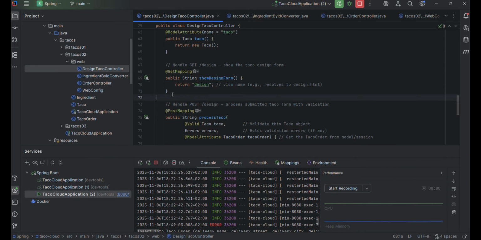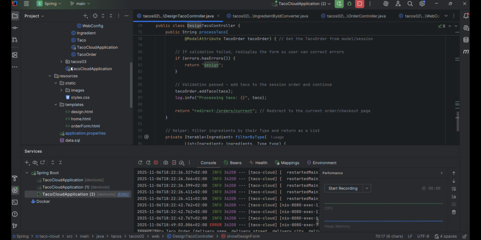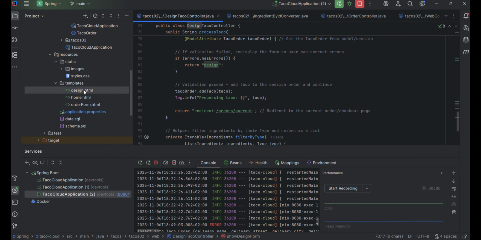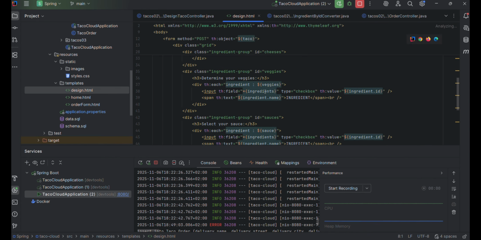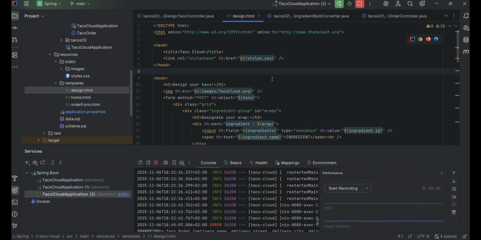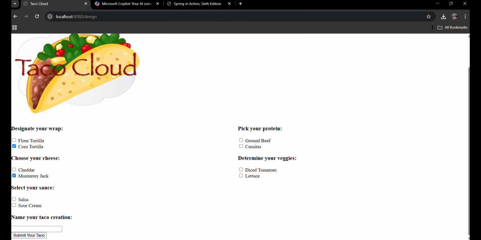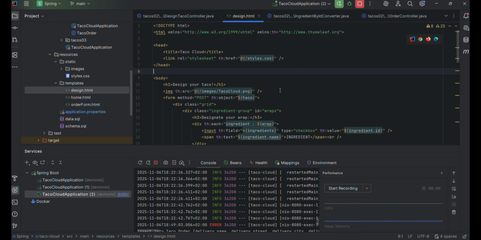So here we're gonna make a get request to a specific endpoint, so /design. And when that request is made there, we receive the design page, right? So this design page is referring to an HTML page that I created over here. The design page is essentially the design page we see here, where we can input our specific ingredients to